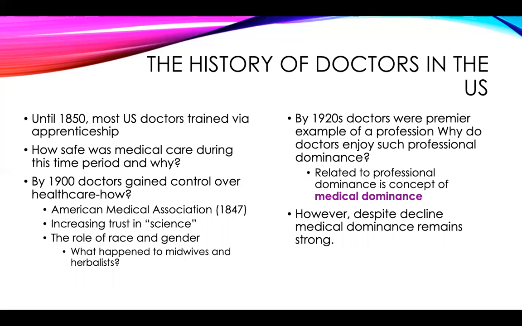And like any type of apprenticeship, this really results in a subjective process. We aren't necessarily sure if everyone's getting the same type of education, the same quality of education, what exactly they're learning. So it is very important that, in 1850, when they created the first medical school, this was a big deal, because this meant that there was going to be a systematic way in which we train medical practitioners.